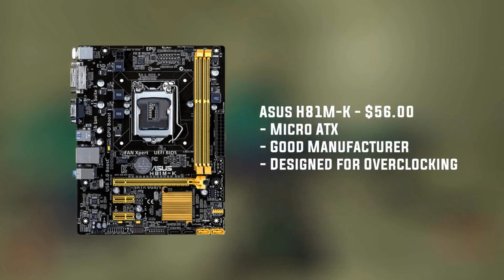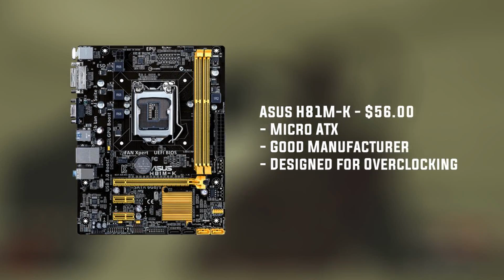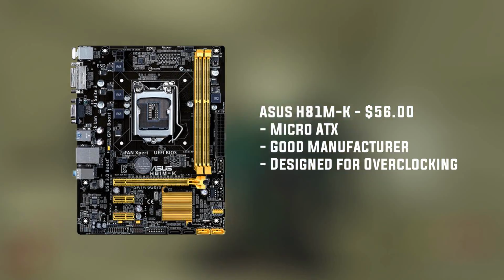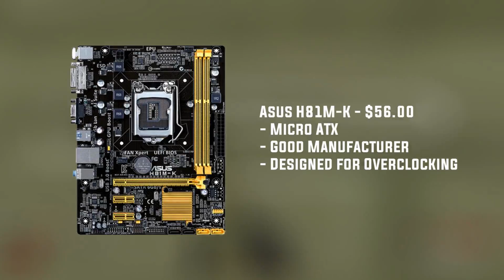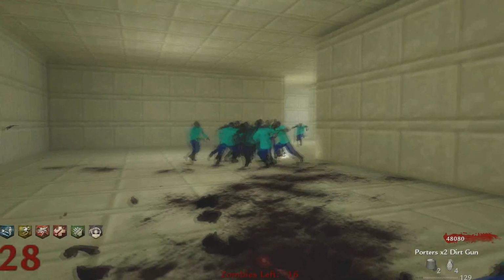For a $64 CPU, there's really nothing to complain about because you are getting so much performance for a really cheap price. Now the motherboard for this build is the Asus H81M-K, which is $56. It's a micro ATX, it's made by a good manufacturer, and it's designed for overclocking. Now because we do have a Devil's Canyon CPU, I made sure I picked out a very good motherboard